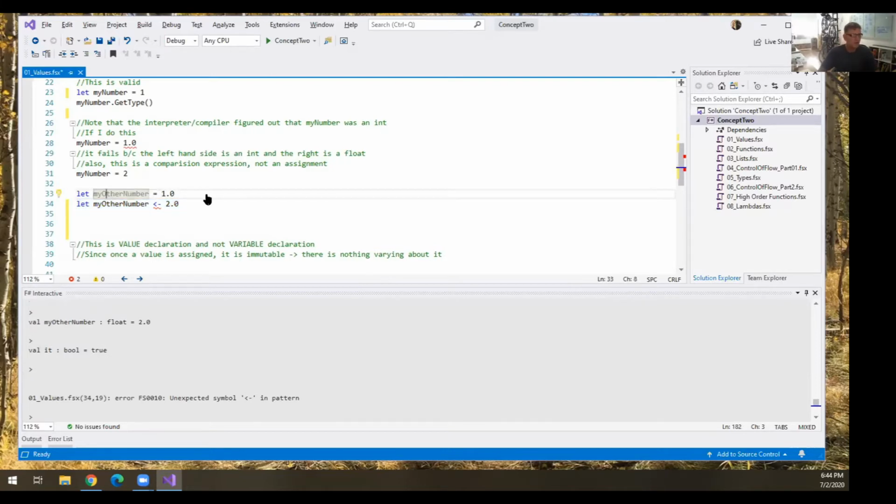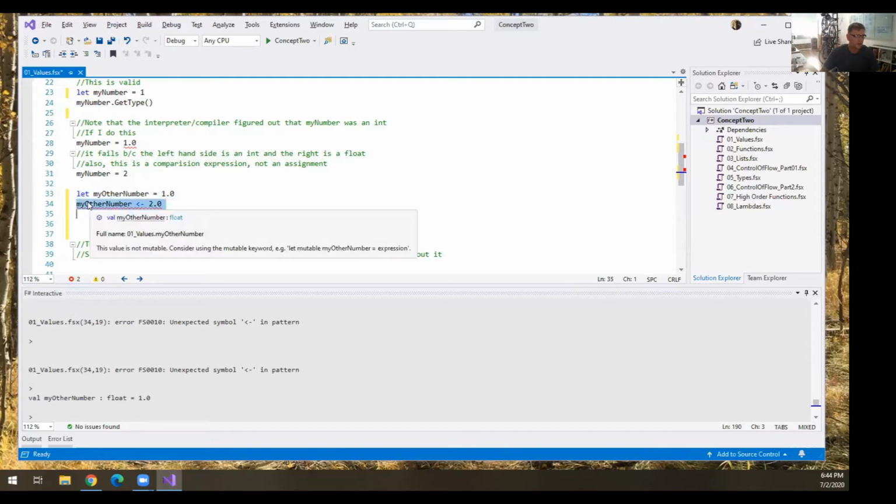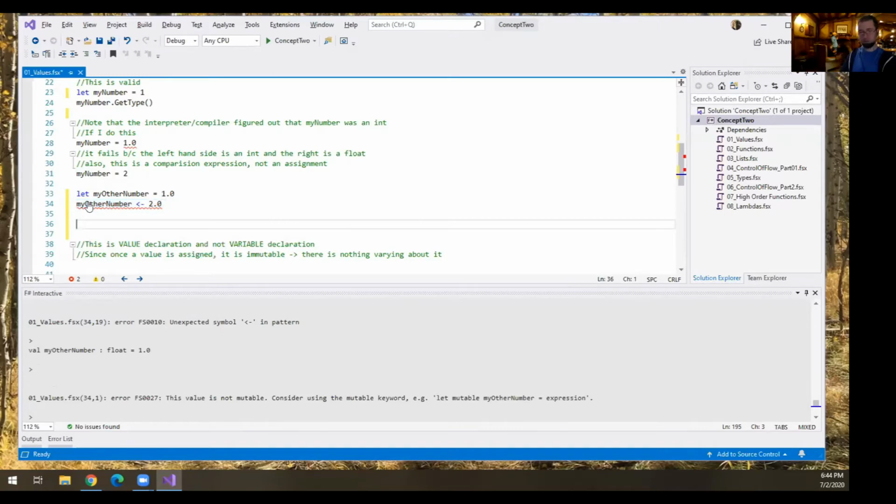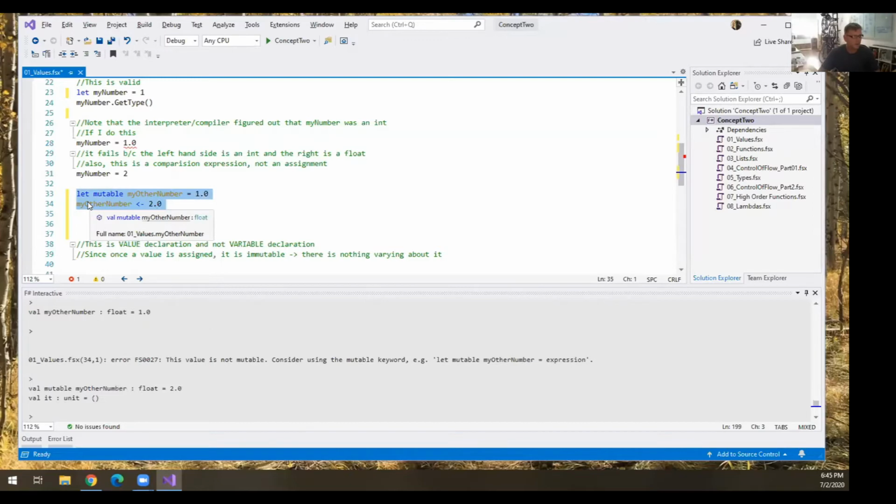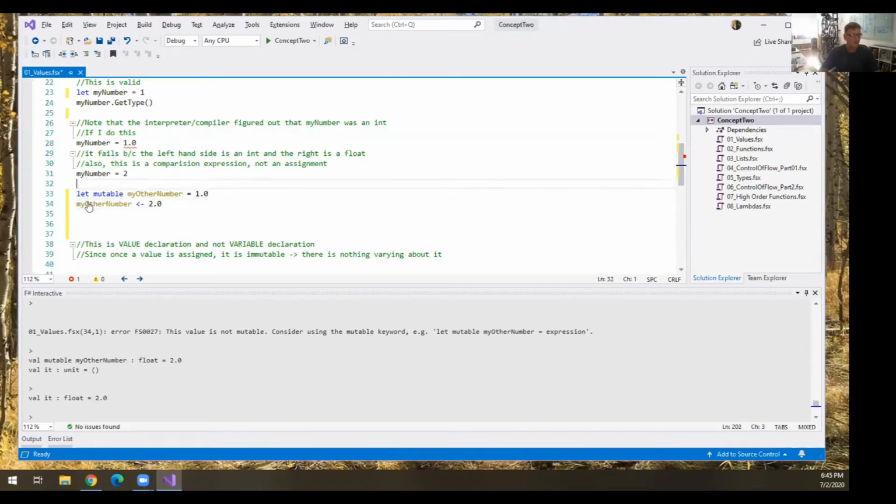So if I really want this to be mutable, oh, sorry, I should have done it like this. So I'm going to make this mutable, and then shove in 2.0, and there you go. Right, and so they took out my dummy word. So cool. And then my other number now resolves to 2.0. I really didn't want to bring it up because then you're going to go out and start F# and use mutable, and you shouldn't. Bad. But that's the way you would do it.